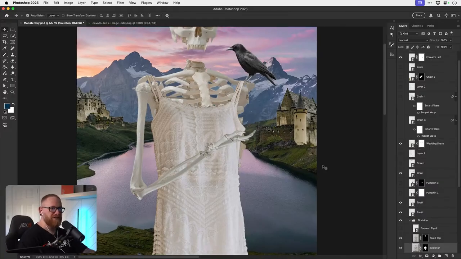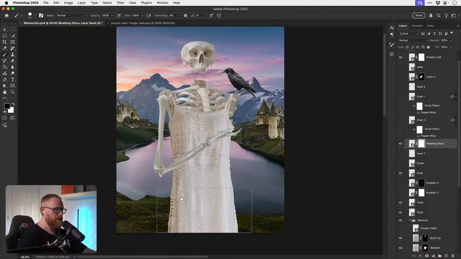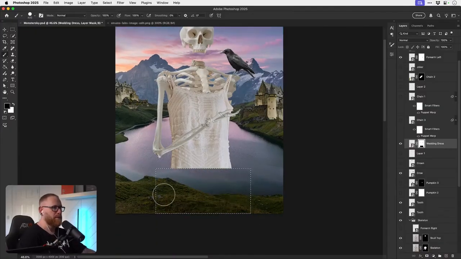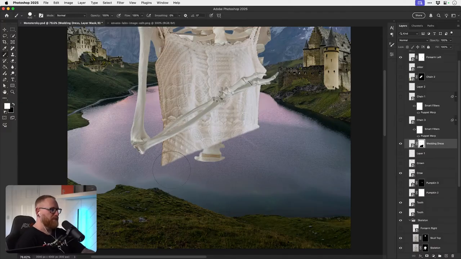And if we've got any skeleton peeking out from behind, we can just mask that away as well. And then the dress, I don't want it to come too low. I think maybe like this. We'll have something like that. I'm sort of feeling like a diagonal rip.